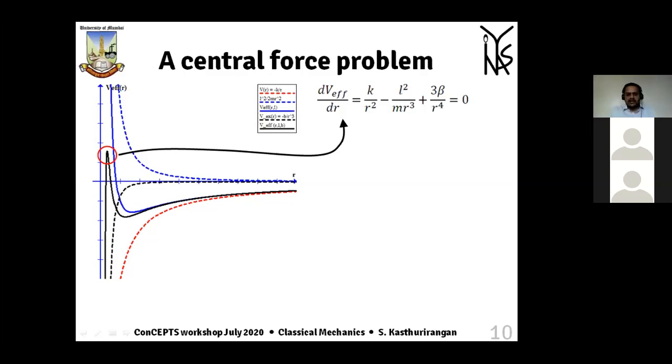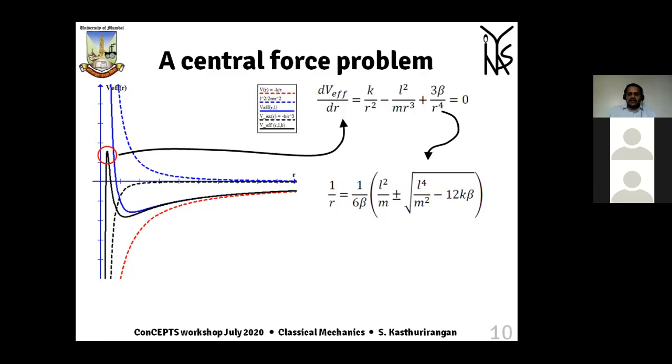You will realize that this equation is nothing but a quadratic equation in 1 by r, because r square can cancel straight away in all the denominators. And so it's a quadratic equation in 1 by r, which is easily solved using our normal quadratic equation formula. And in that, you can see that there is a square root term involving the angular momentum. And if that has to be real, then the L power 4 has to be positive.